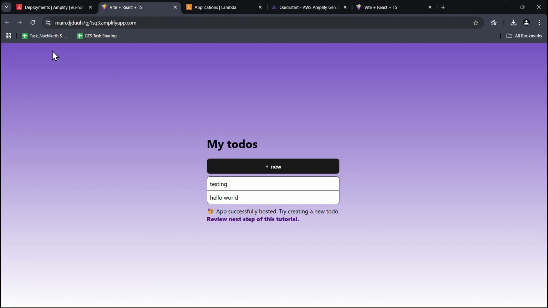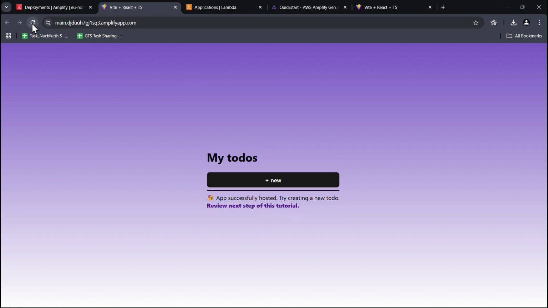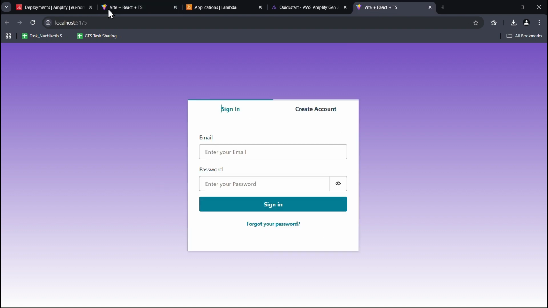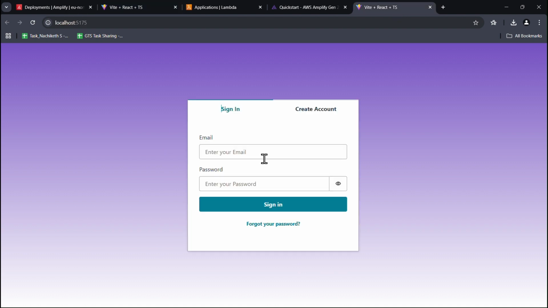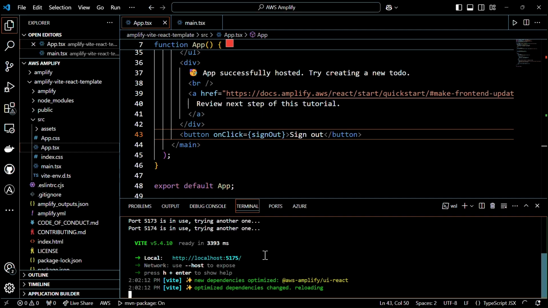Observe here, in the cloud we do not have the login. Whenever I hit the domain, that is the URL, I am able to access my application directly. But in local I have the access button, so I need to make it here also. It's working well here, so I need to deploy it and test it. So I will push things to